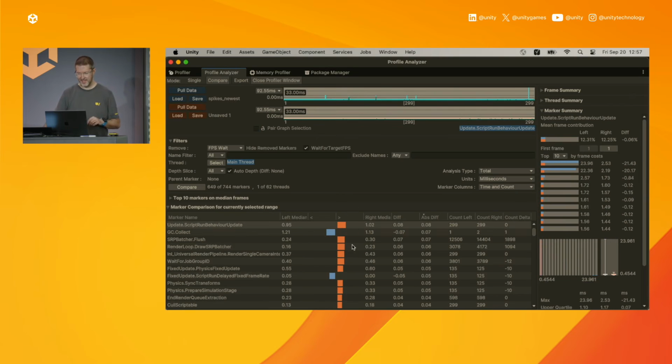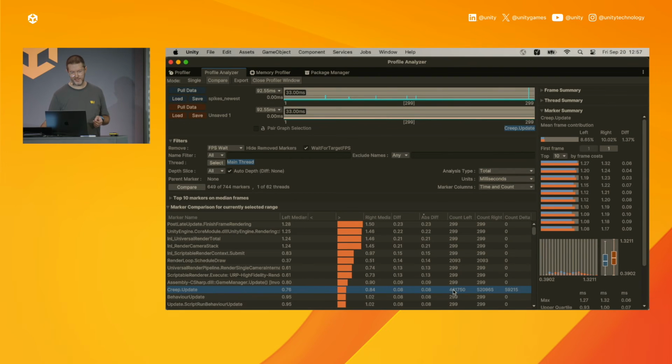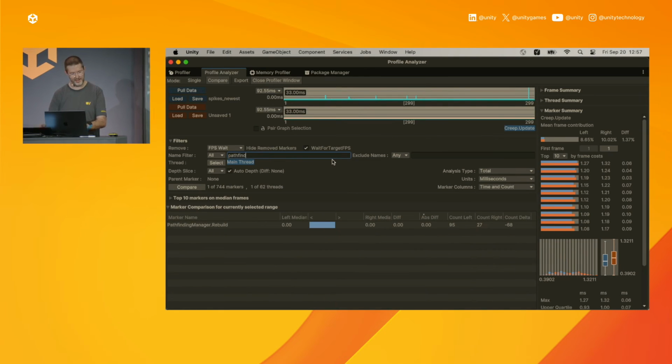There we go. Okay, so now at the bottom here, we have a comparison of those 2 captures, and you can see what the difference between the markers is. In this case, the capture that we've just loaded with the spikes gone is actually showing up as being a little bit more expensive, but you can see in the table here that we've got some markers that are occurring more times in that capture. So I'm not too concerned about the fact that the numbers don't match up. What I'm most interested in is being able to search in here and say Path Finding